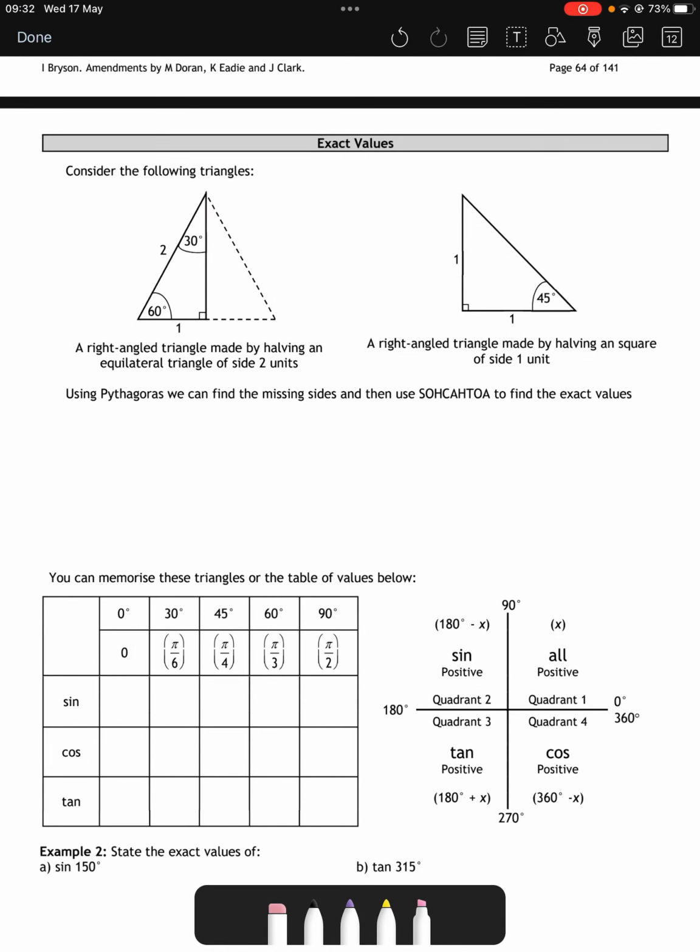Okay, moving on to exact values. Sometimes if we don't want to be using a calculator, there are exact values that we can definitely know. For instance, what is exactly sine of 30 degrees or cos of 60 and things like that. Okay, so they stem from